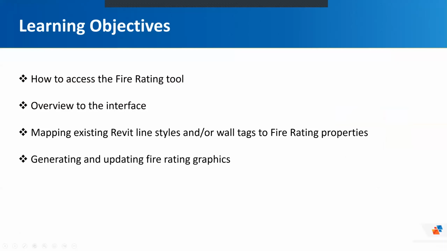So today's learning objectives are going to be how to access the Fire Rating tool within the Revit environment, an overview of the interface, so different properties and settings that we could utilize as we use the tool. How can we map existing Revit line styles and or wall tags to Fire Rating properties? And also, once there are modifications to our model, how can we generate or update any of those Fire Rating